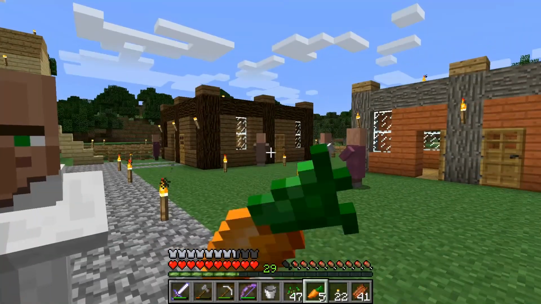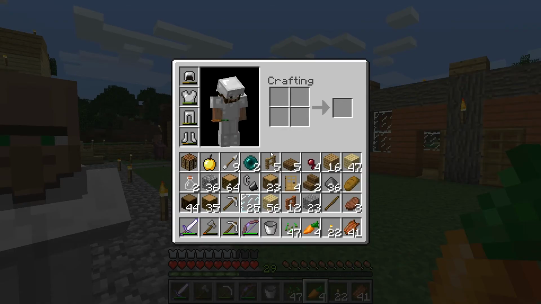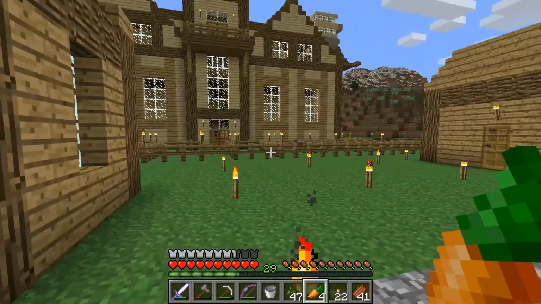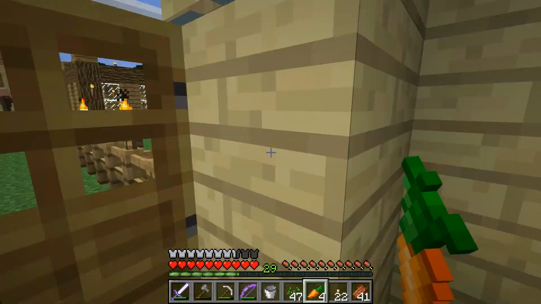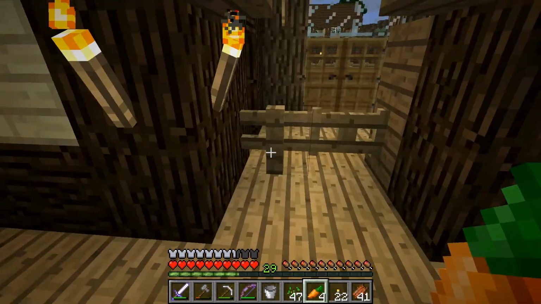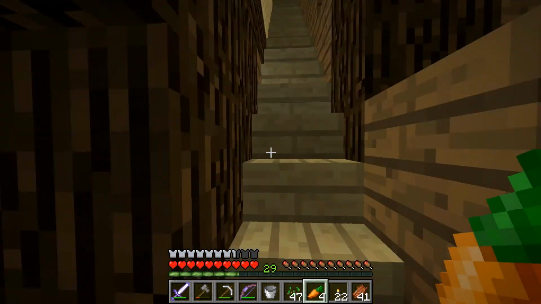Now we have carrots. Yummy. And what we need now... let me just look at something here. Now we just need to expand that wheat field. Pop in the wheat. Yeah, we can keep these closed, because if we find a zombie villager, we don't want them getting to the